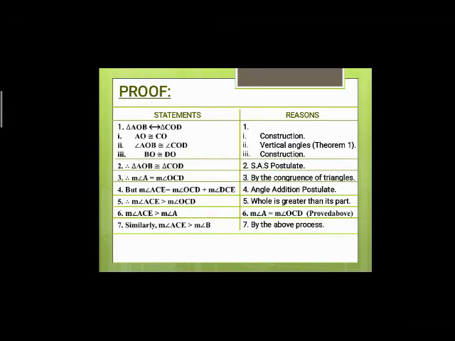By which method or by which rule? We already proved that angle A is equal to angle OCD. That's why we put the value of angle OCD in that statement. Similarly, in the same manner, we also prove that angle ACE is greater than angle B by the above proof. Now the theorem is proved, then we write it as QED. It means the statement that we set out to prove is proved. So we write it as QED.